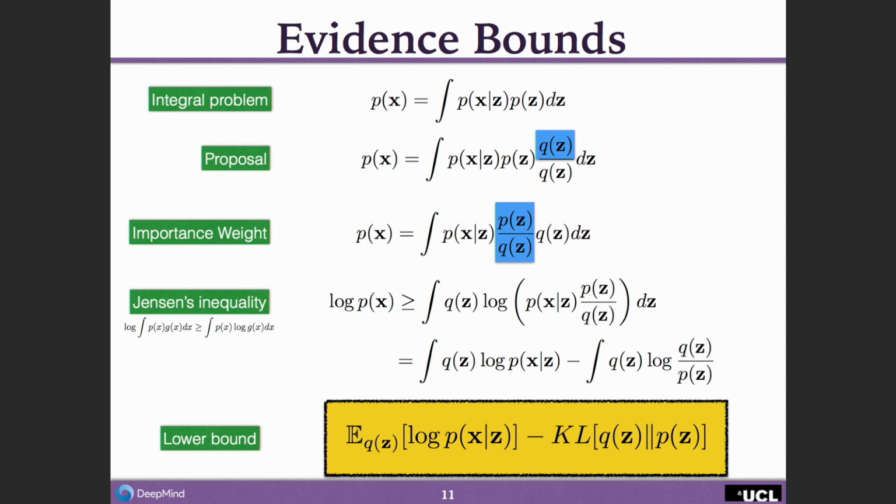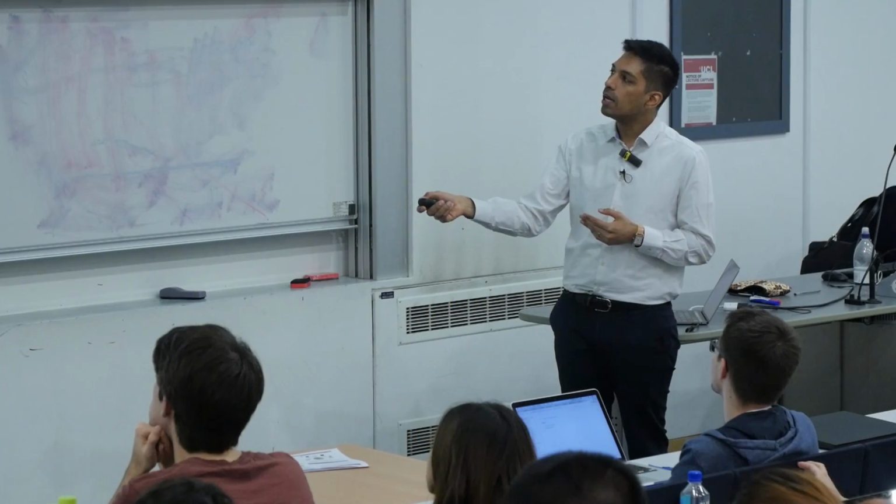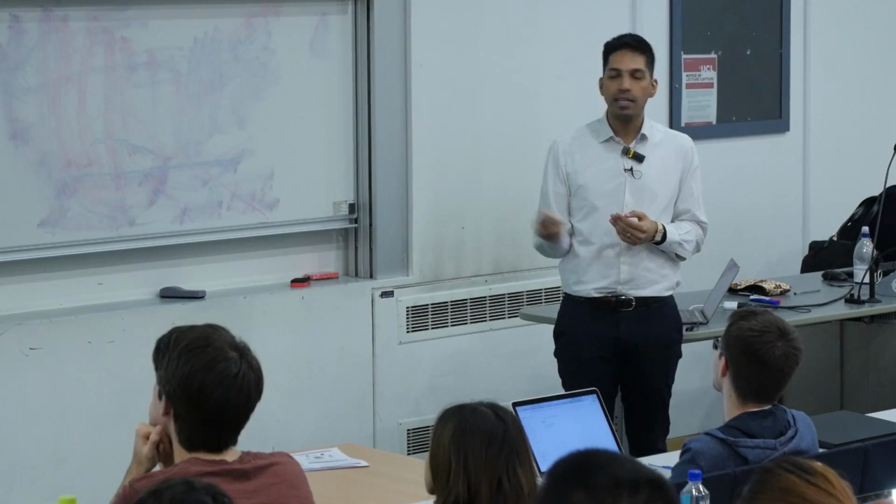And this, of course, is a very famous lower bound. It has several names, but it will be called the evidence lower bound in this case. It's often called the variational free energy or just the variational lower bound. But we can talk about that more in the next section. The point is to know that this is now a bound on the original quantity,